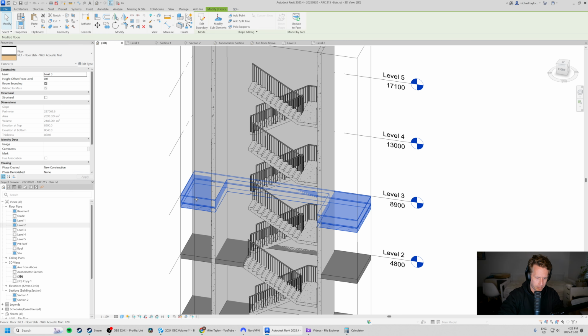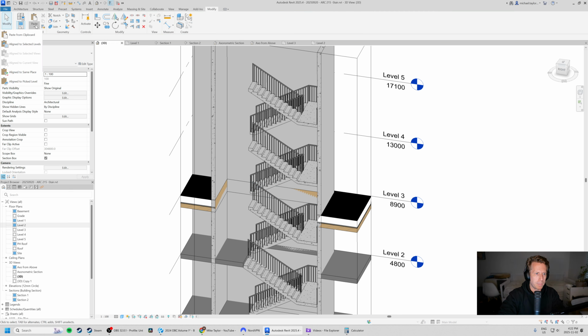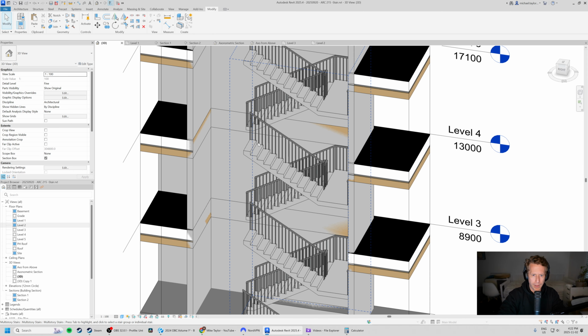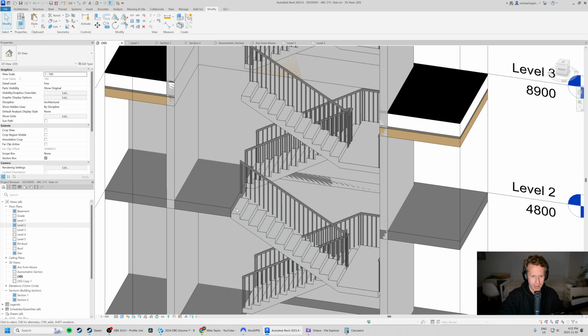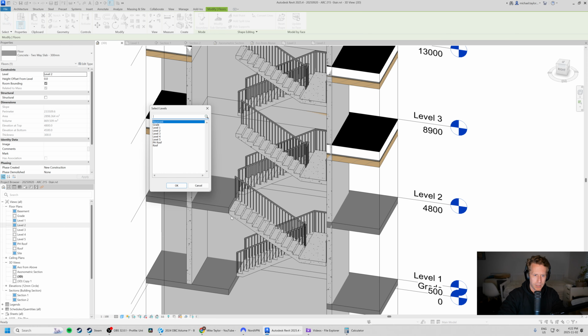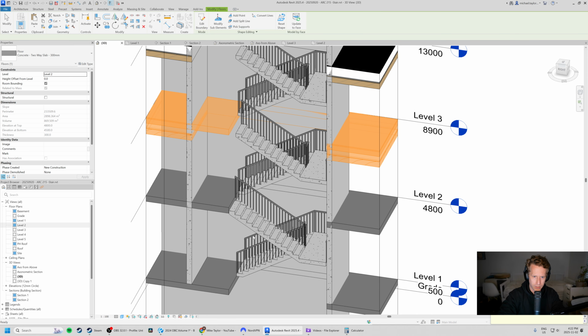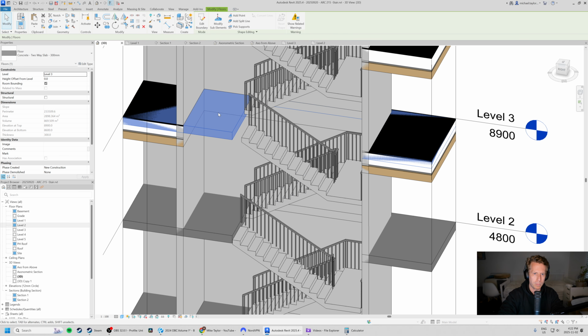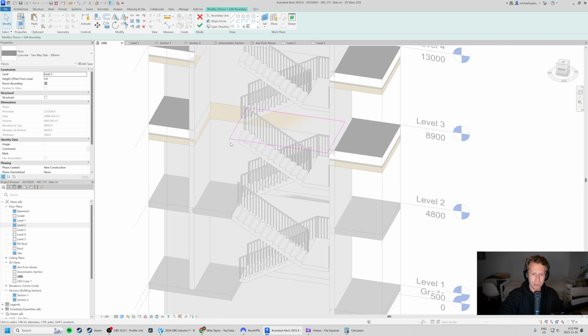You know what? Copy paste, Control C, and then paste to our selected levels 4 and 5. But I gotta make sure we get this right. Let's do it this way. I'm gonna Control C again. I'm gonna paste to level 3. And I just wanna cut out, yeah, I know they overlap, this little portion of the stair